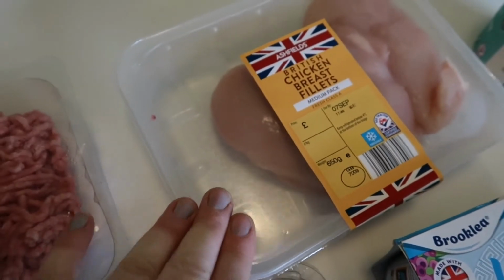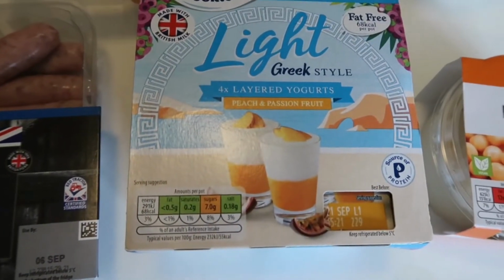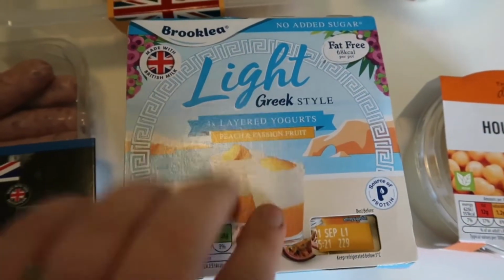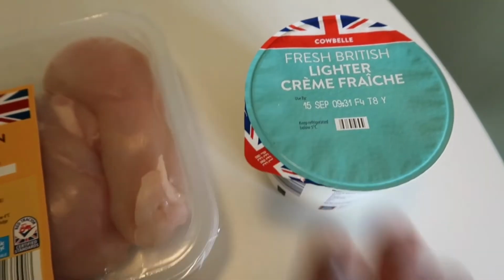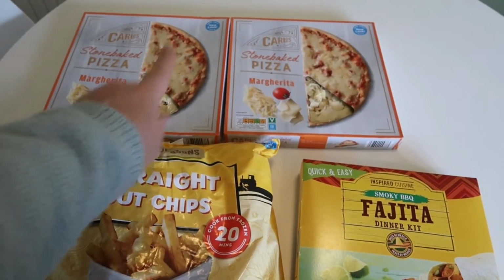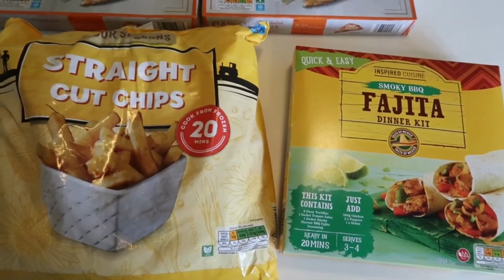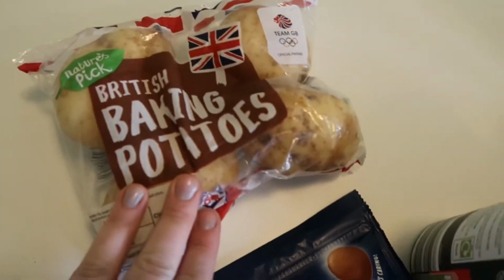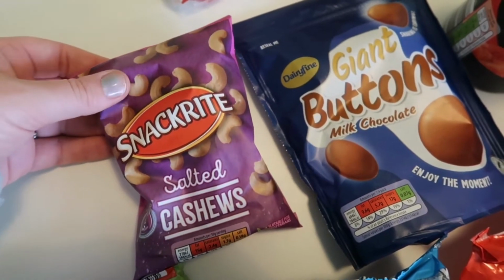I usually get the pack of 3 because there's me, Alistair and 2 kids, so it's like 1 for me, 1 for Alistair, half each for the kids, some pork chipolatas. I thought I'd try these yogurts because I don't think we have before. They are peach and passion fruit layered Greek style yogurts. They look nice. Hummus and creme fraiche. I got 2 of these pizzas, 1 for dinner one night, 1 for Megan's party, some chips and a fajita kit. And lastly I have got some baking potatoes, some cashew nuts there to go with egg fried rice that I'm going to do,